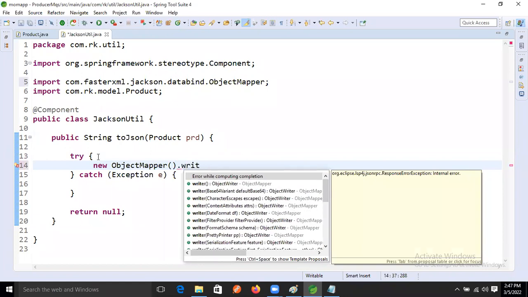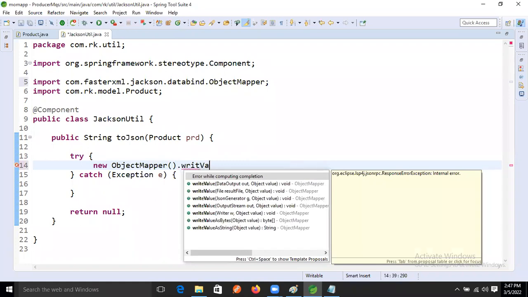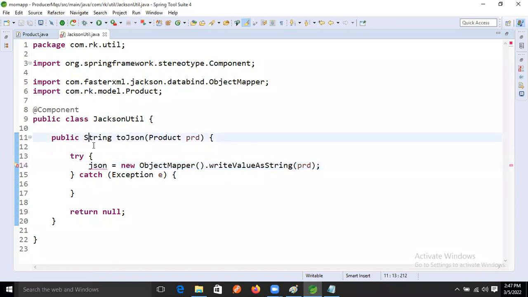Very good, writeValueAsString. In this argument we pass the product, the incoming product argument. So this method will return String data, right?